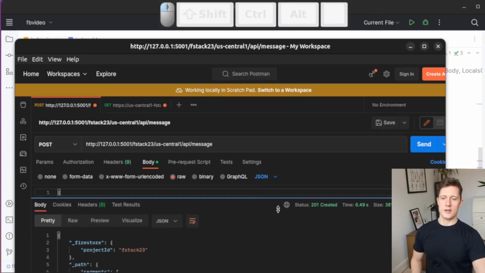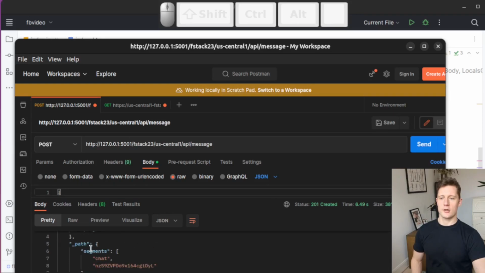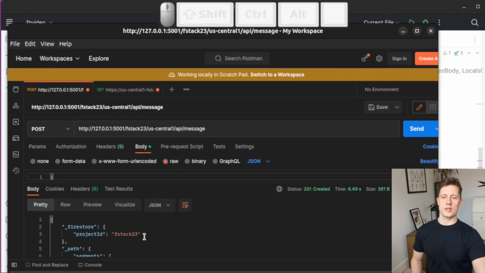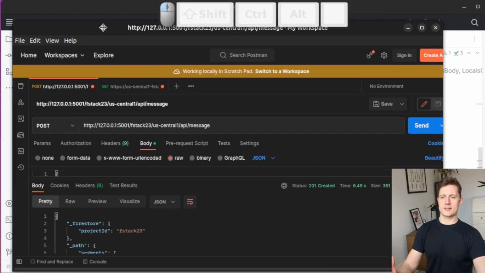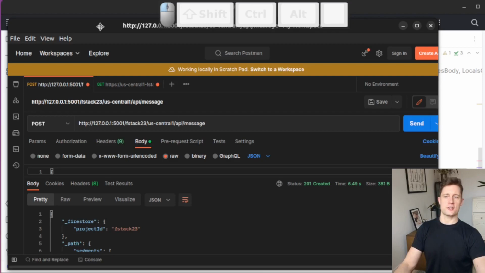And now we can see that we have a 201 response. So we can see that we are actually writing things. So this is the right result that we are sending back to the client here, which means if we go into Firestore now, we can see that we have written this message in the document that is inside of the collection called chat. So now the only thing we need to do is to make sure that the client is actually using this. So we're going to go into our Angular application and start using the Cloud Functions instead of